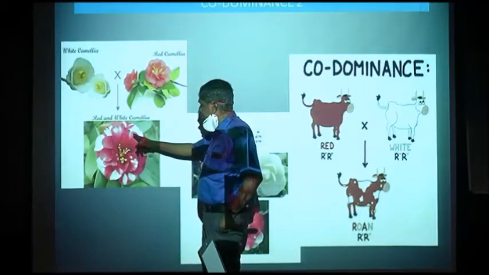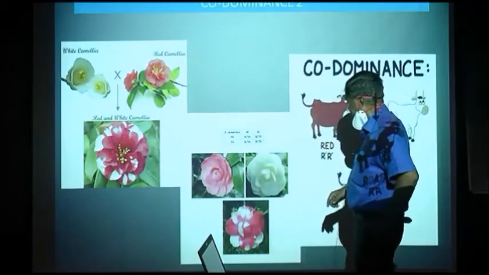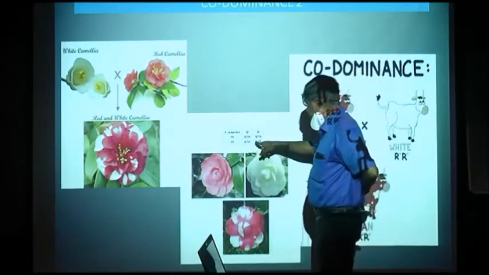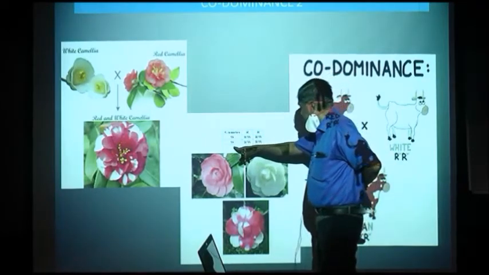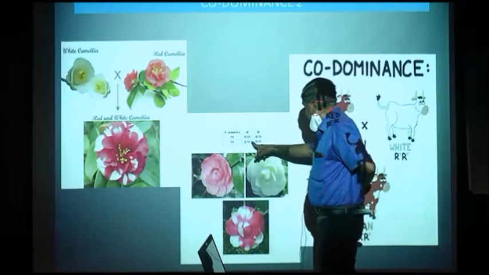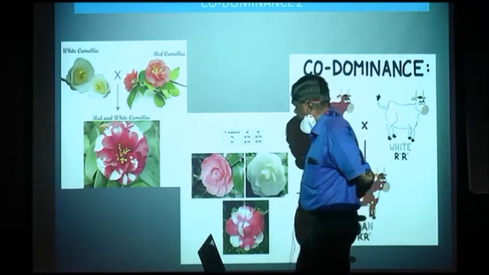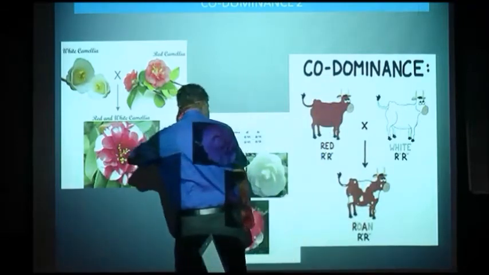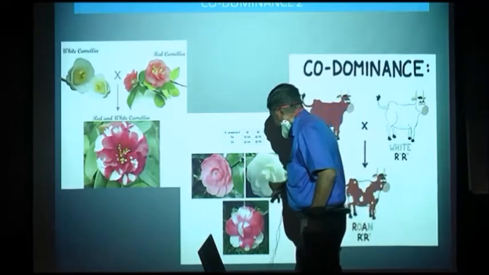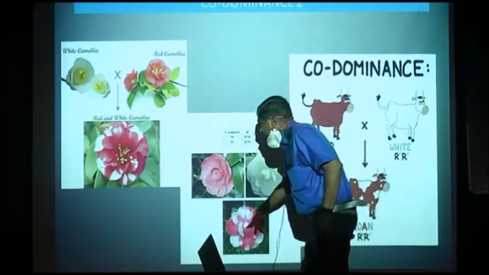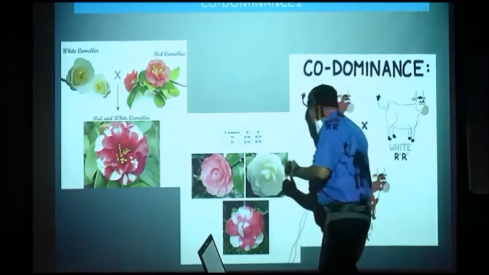This is co-dominance. And here you see the two genes are RW, RW and RW, RW. So when these four are there, all four will give us red and white patches. Now, here you can see clearly, this is red, white, and this is the hybrid. Here, both the characters are expressed.